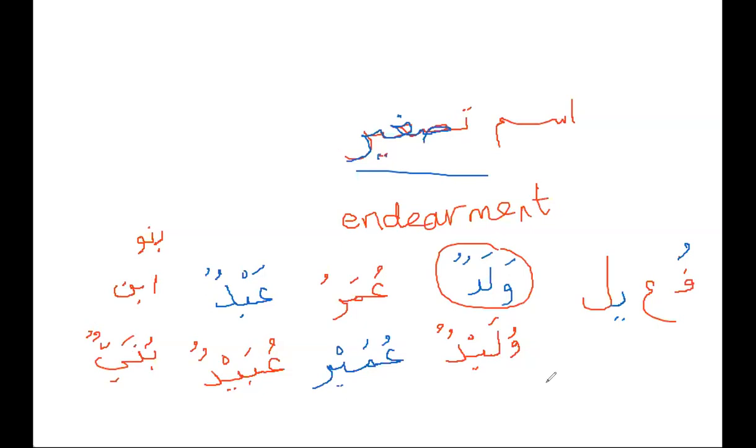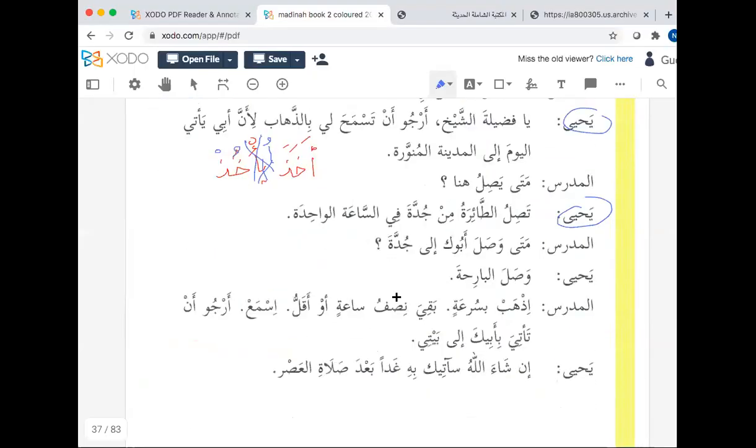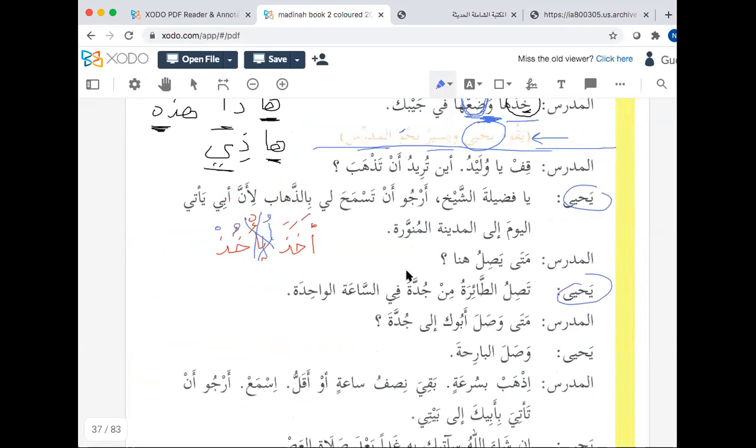So this is what we have introduced in Lesson 26. They introduced Ism Tasghir. The teacher calls the boy. He says, Ya Wulayd. So let's go back to the book. We need a mudarris and we need Yahya. Last time, Zayd was about to read Yahya for us, but I'm not sure if Zayd is here. Can't see him. And Akram hasn't read for a while, and neither has Habib. So we could have Akram reading al-Mudarris and Habib reading Yahya. Is that okay? Go ahead.